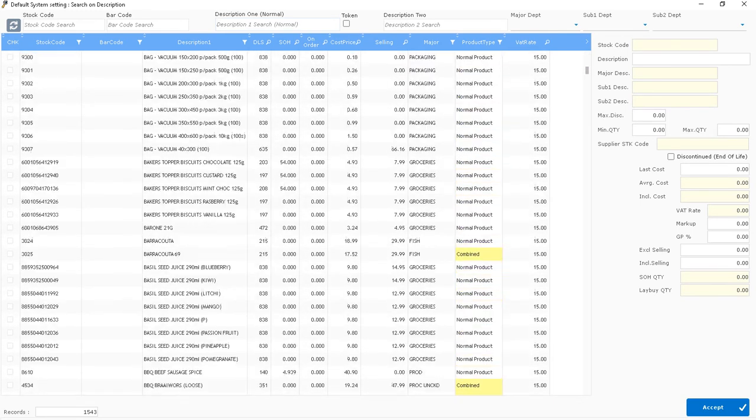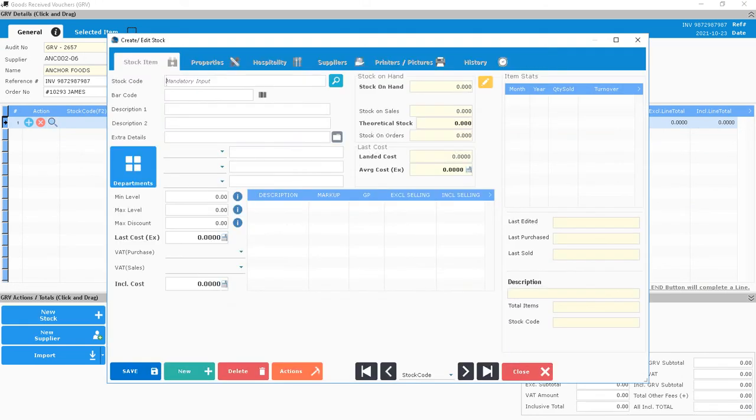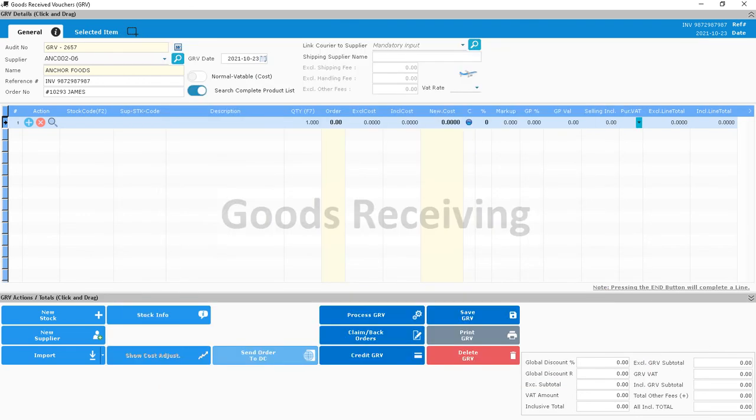But let's assume the item that we are bringing in does not exist on Odyssey. We will then click here at the bottom and say new stock. So there, all the rules for creating a new scale item, retail item apply. Please go and watch the video to create new stock. But once you created it and you say save, it will then automatically pull that line through to the stock